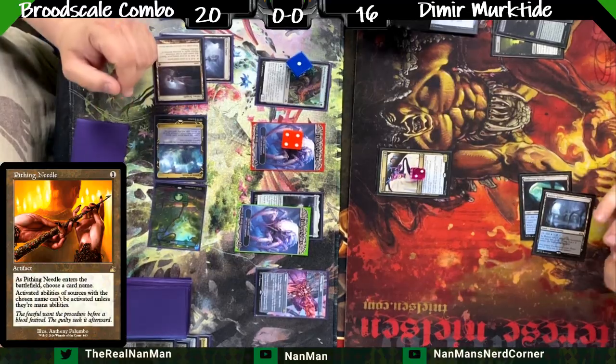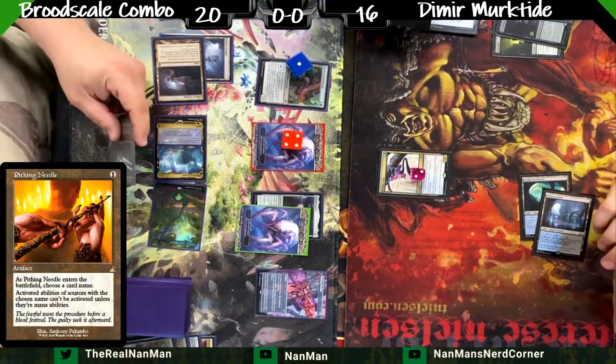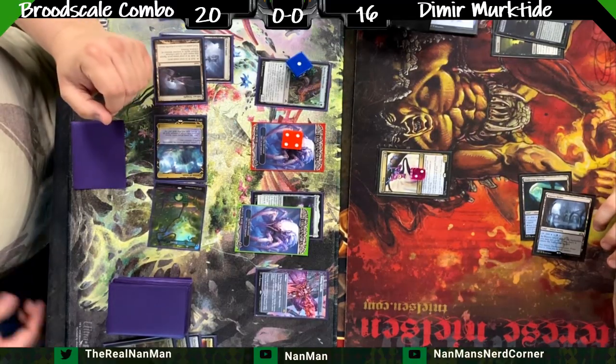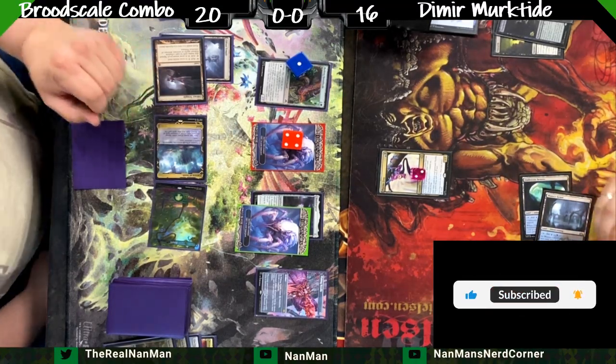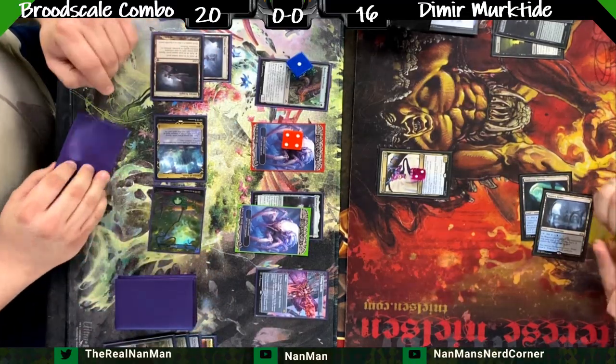So now we can no longer discard cards to it. We can no longer give the frog flying. But I like that response to the Pithing Needle coming out, especially because we missed a land drop, we're kind of almost all in on this frog right now. But we'll see what is...